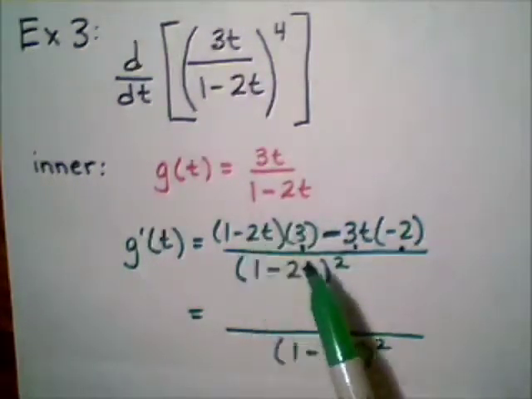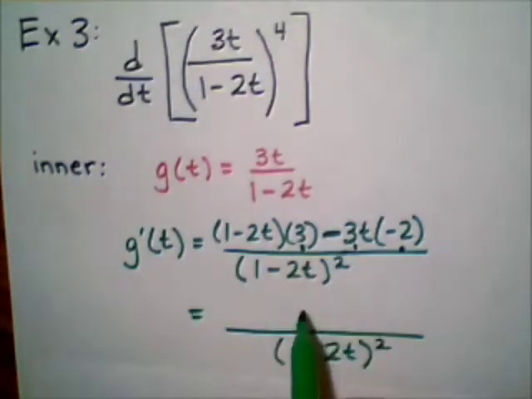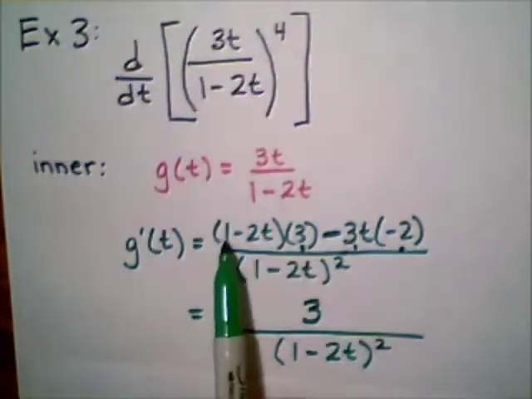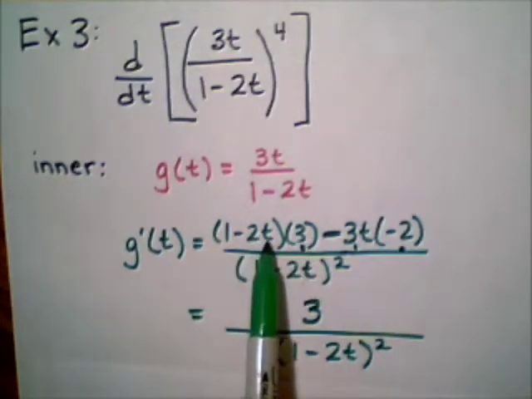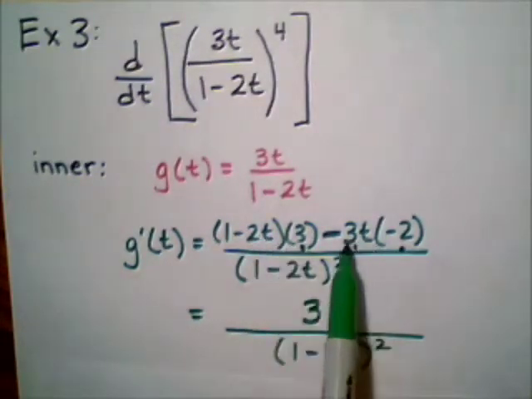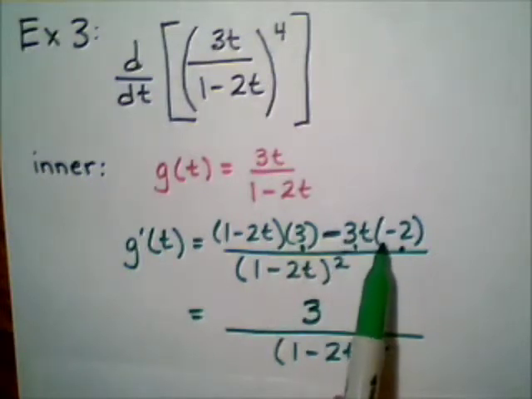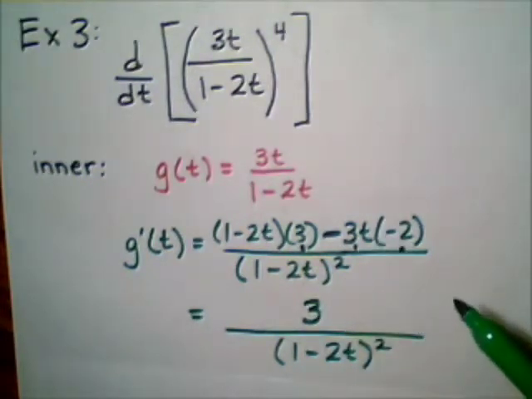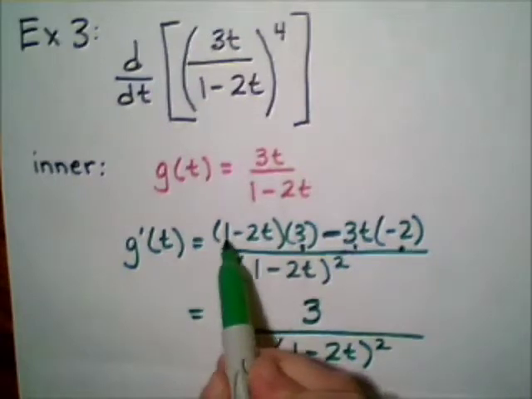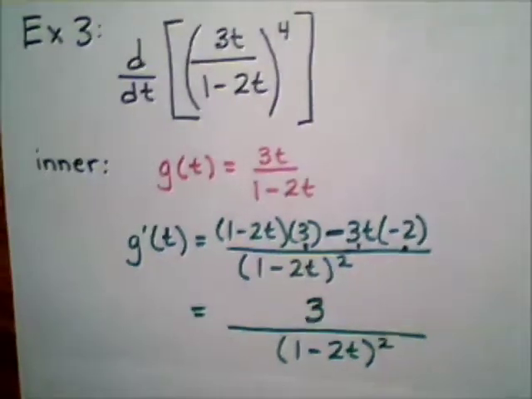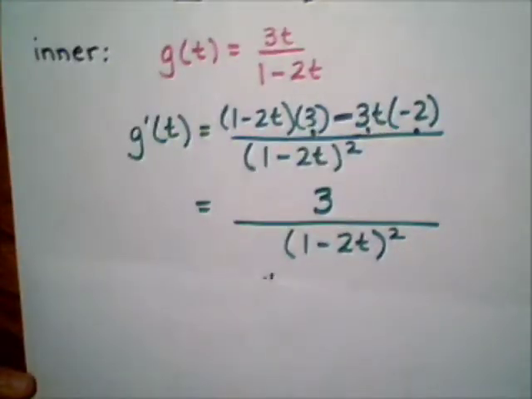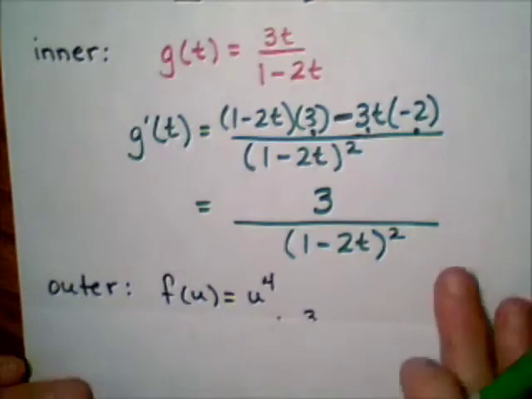Well, it turns out, as I simplify, I'm just going to be left with a positive 3 in the numerator. If I distribute the 3 above, I get 3 minus 6t. This product is going to be a positive 6t. And so 3 minus 6t plus 6t will reduce to 3. You can double check me on that. So that's half the derivative I need to take care of. The other half,